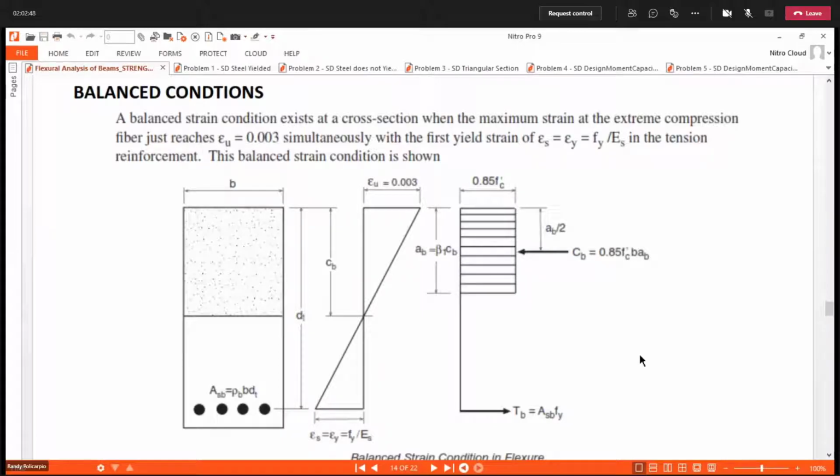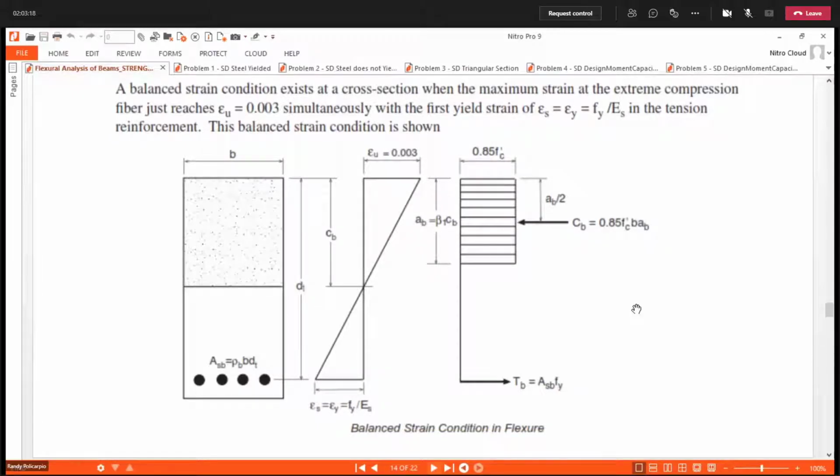That is the balance condition. And we don't want that to happen, because it is not good for our beam that the concrete crushes while the steel simultaneously yields. But there's a condition in our beam, okay? Wherein the computation, we have this one. This is the designation